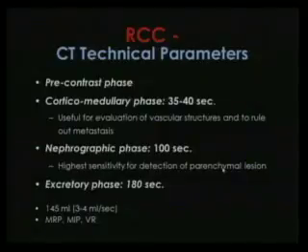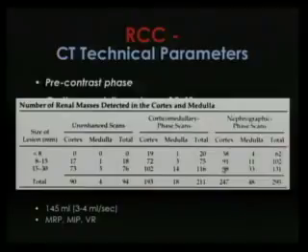After contrast administration, we have the corticomedullary phase, which ranges from 35 to 40 seconds and is usually useful for evaluation of vascular structures and also for identification of secondary lesions. Remember that renal cell carcinomas can produce hypervascular secondary lesions in the liver that are very well visualized on our early phase. Nephrographic phase is the best phase for identification of the renal mass, and this is a paper published